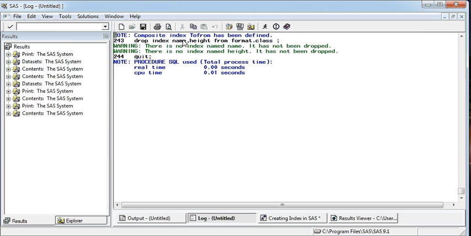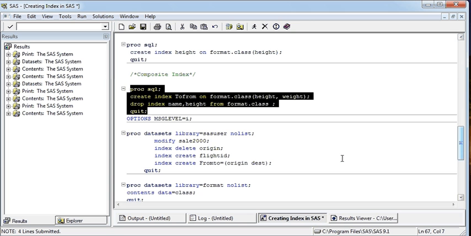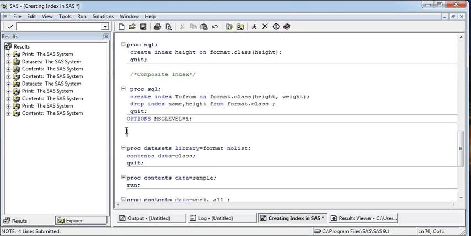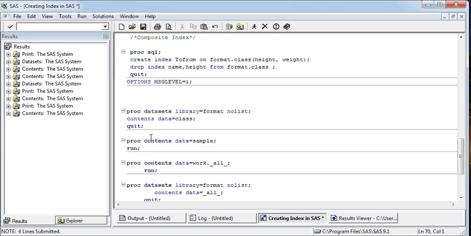The composite index has been created here, and this is not relevant to what we are doing here, so I'm going to delete this. So now you can see in the contents statement whether we have defined it or not.